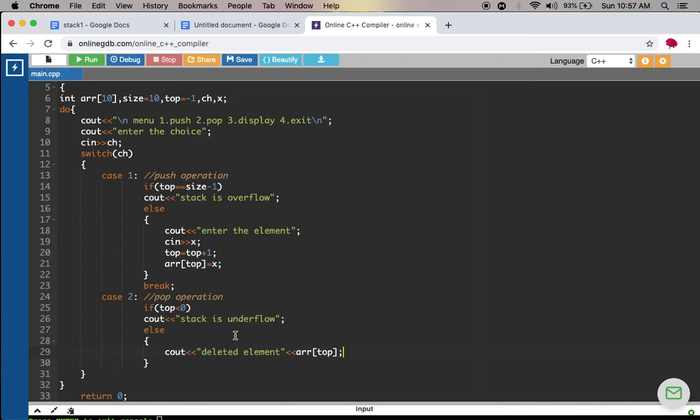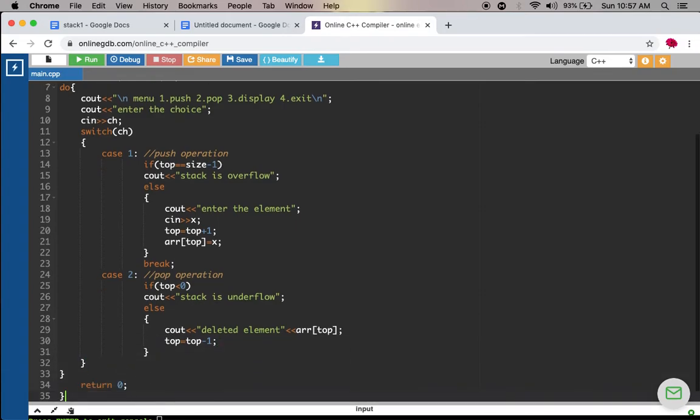The pop operation always deletes the top element in the stack. After deleting the element, you have to decrement the top value by 1. Okay, now this is the way to write the pop operation.